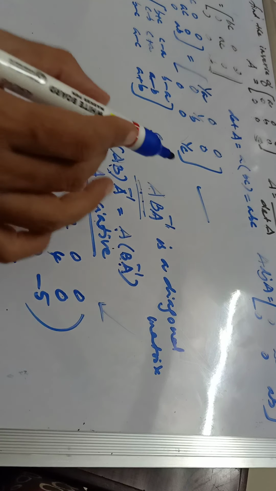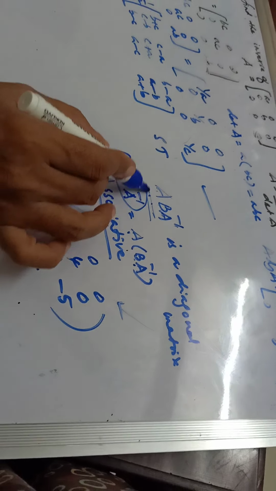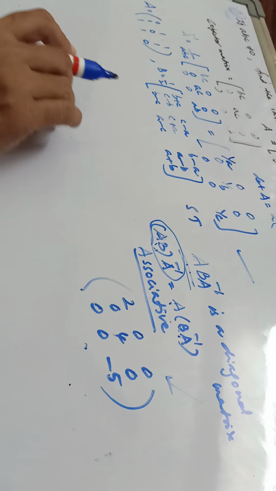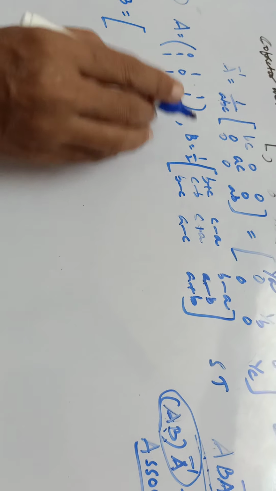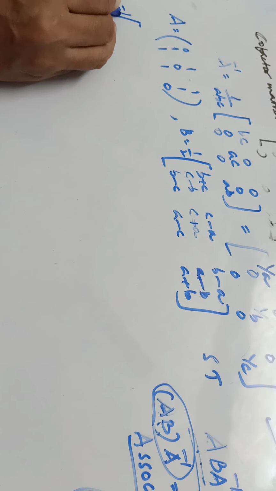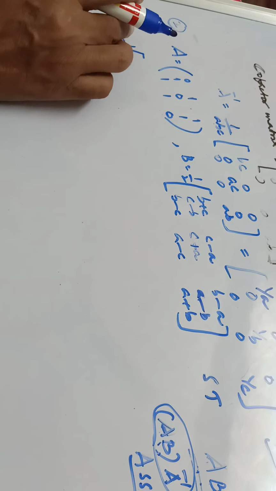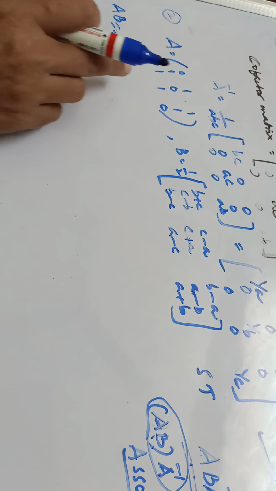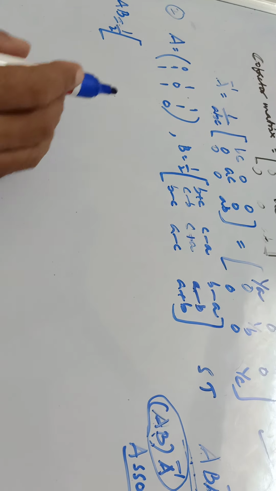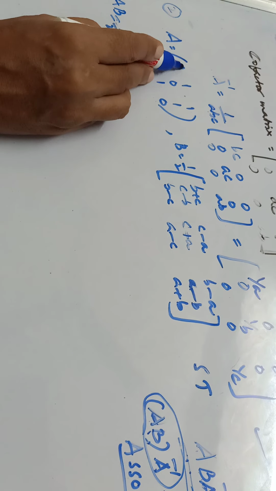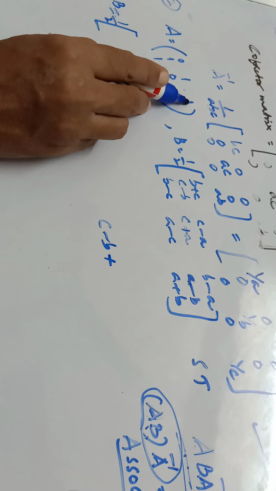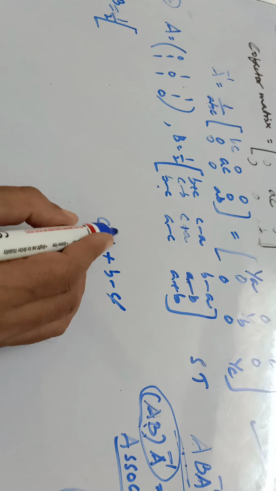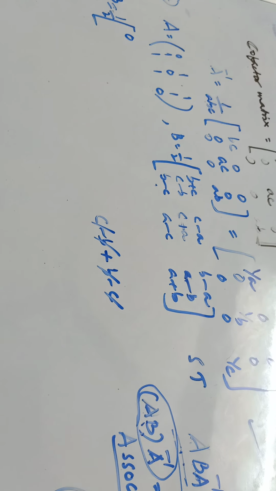Okay, let us find AB at first. Let us do in this method. This is also correct. So find AB, in the sense multiplying A with B. Multiplication of these two matrices. Write this half scalar as it is outside the brackets. I have written this 1 by 2 outside the brackets. Multiply these two matrices. You know the procedure of multiplication. Multiply first row with first column. 0 into something is 0. 1 into C minus B, that is C minus B, plus 1 into B minus C. Minus C plus C, minus B plus B. So first element has become 0.